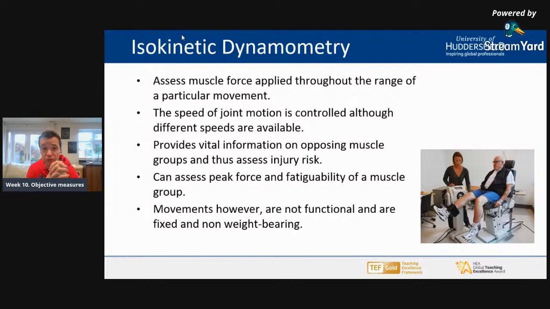And then therefore you're assessing inner range, mid-range and outer range, and seeing whether there are any differences in that particular range. The beauty of it as well, it will essentially measure opposing muscle groups during the same movement. And that can be really quite indicative of developing particular injuries. So the best example, as we can see set up in the bottom right in the picture, is